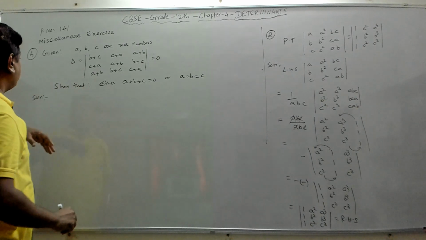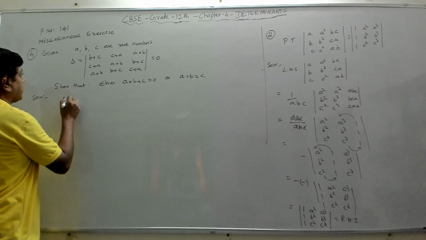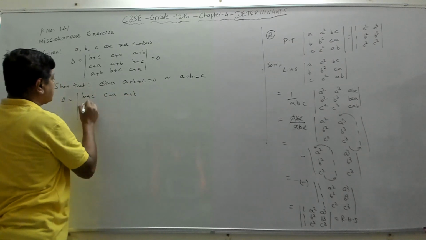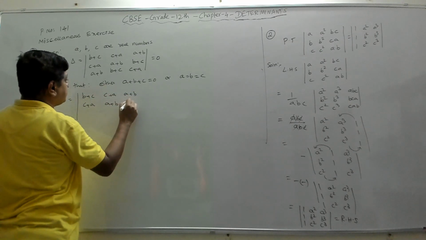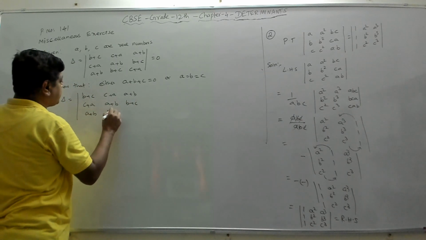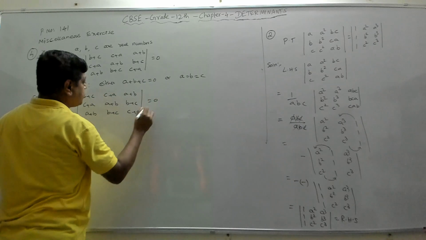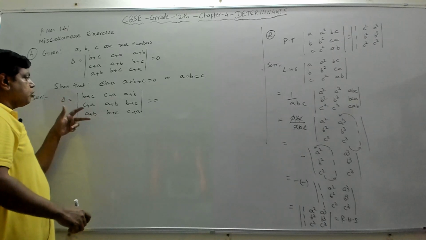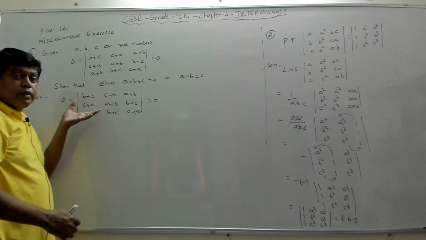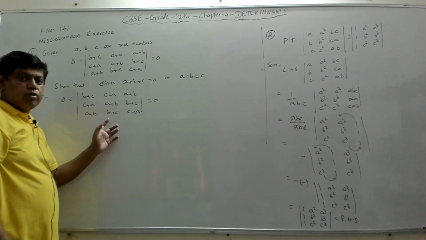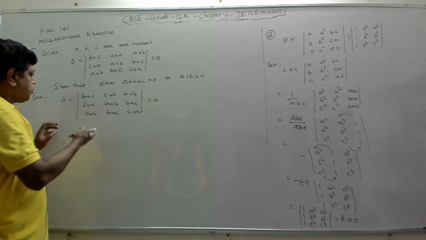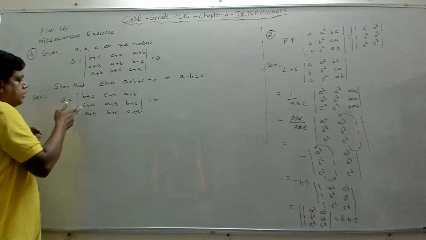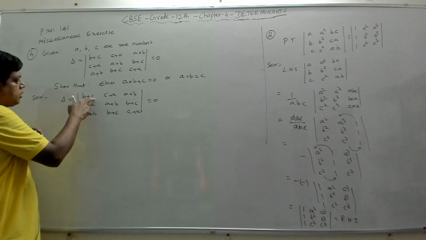Let's see now if we can, let me write the determinant again. So delta equal to B plus C, C plus A, A plus B, C plus A, A plus B, B plus C, A plus B, B plus C, C plus A, and it is equal to 0. That is given. Now let's see if we add all the rows or all the columns or any two rows or any two columns to see whether we can get the same value in any one of the rows or any one of the columns. Fine, suppose if you add all the rows, right? If you add this plus this plus this, you'll get a plus a 2a, b plus b 2b, c plus c 2c.